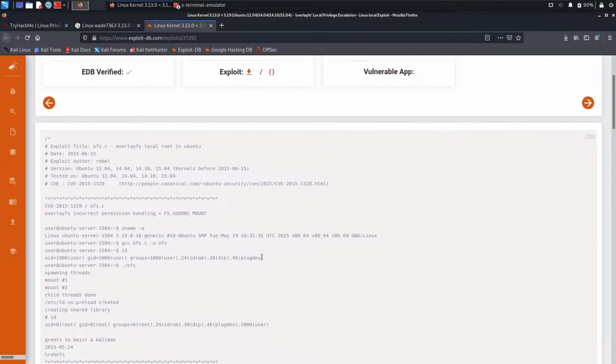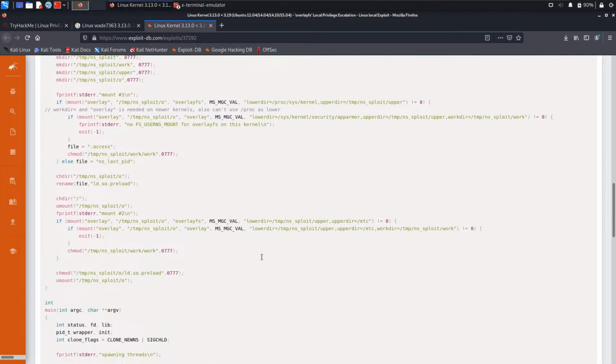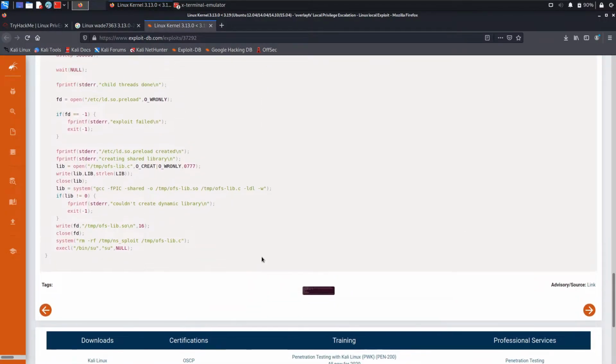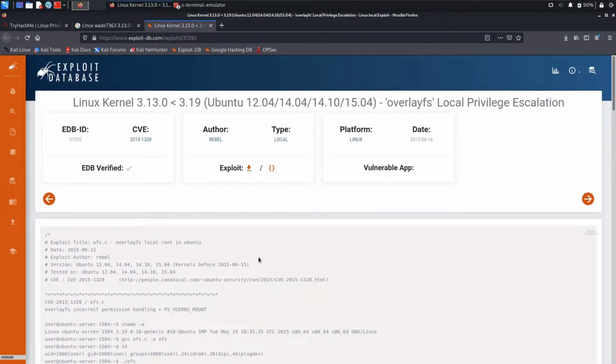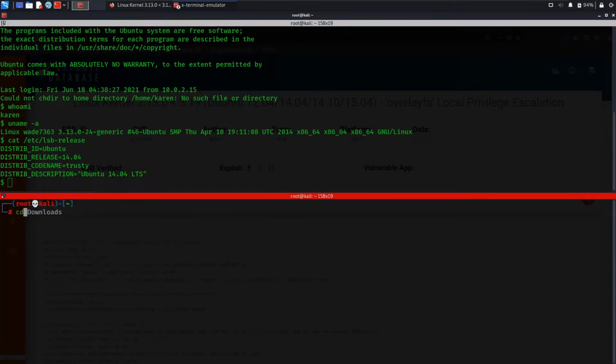Looking at this, it looks like it's written in C, so we'll have to download it, compile it, and run it. We can either copy paste all of this or download and transfer it onto the victim machine. I'm gonna download this onto my computer and show you how to set up a Python server and transfer it onto the victim machine. Click on download, save file, and hit OK, and it's done. Now if I check in my downloads folder, cd downloads, ls, and it's there. Let's rename this file to something else like exploit.